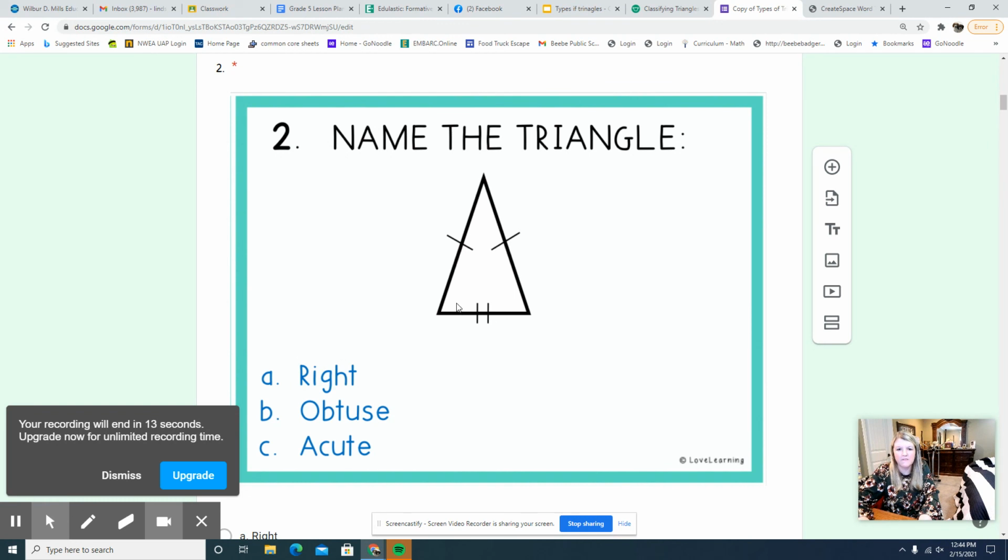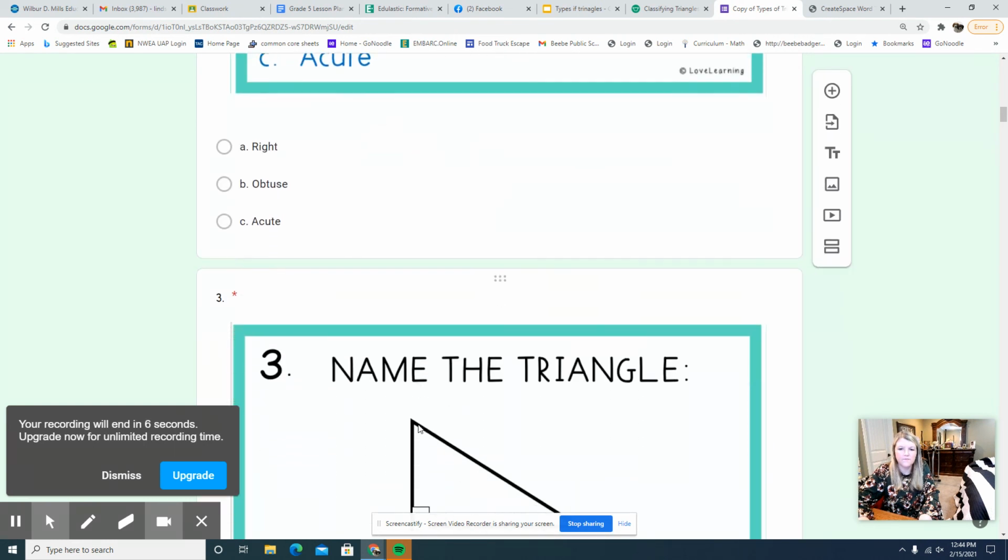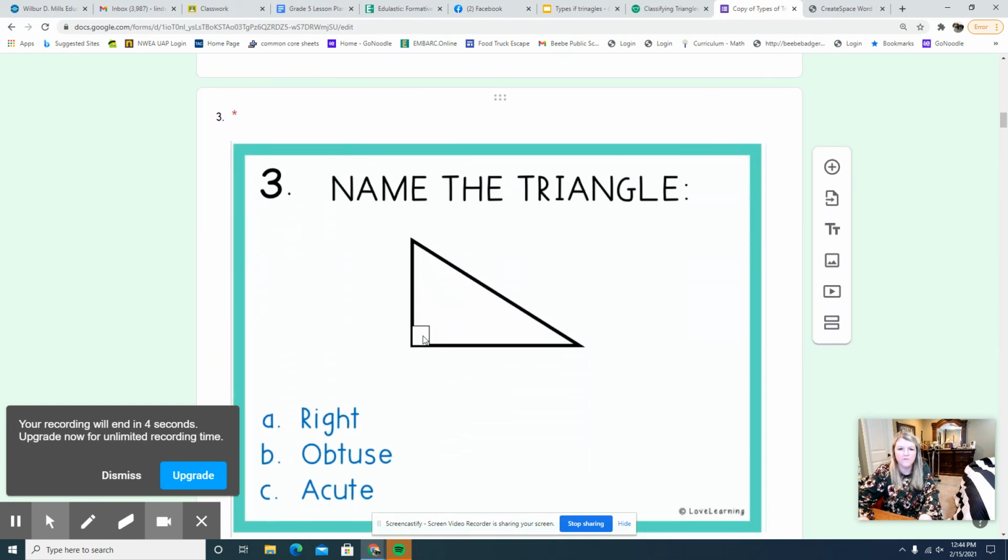But this one is looking at the angles. All the angles are acute, so this would have to be an acute triangle. And I think the video is about to end. But of course, this is going to be a right triangle. And I'm going to let you finish the